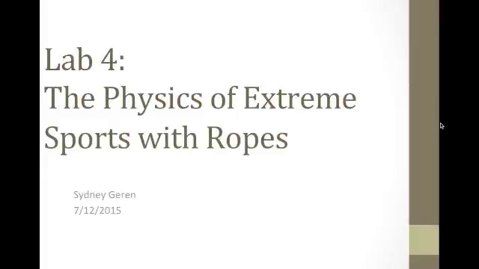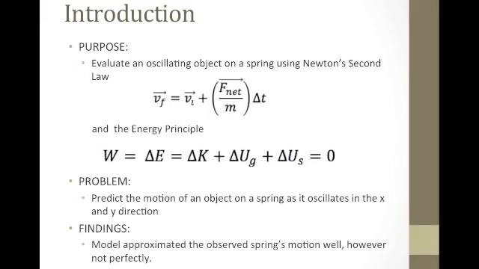Hey, in this week's lab, we decided to look at the physics of extreme sports with ropes. Specifically, the purpose of this lab was to evaluate an oscillating object on a spring using Newton's second law, which is v final is equal to v initial plus F net divided by mass times delta t, as well as